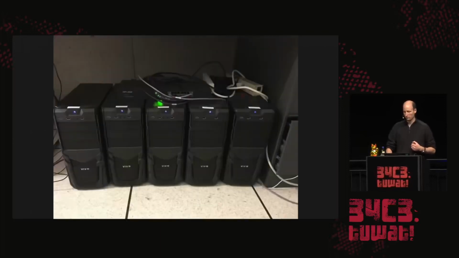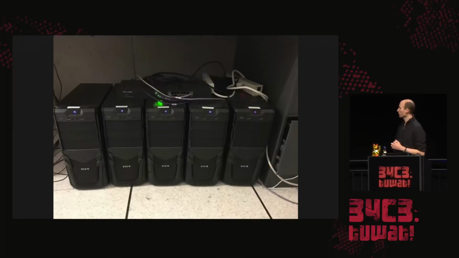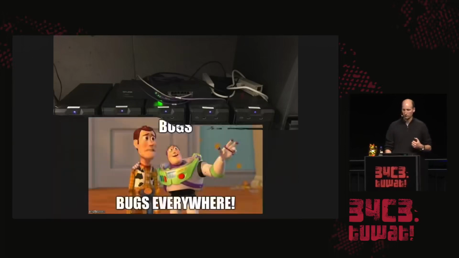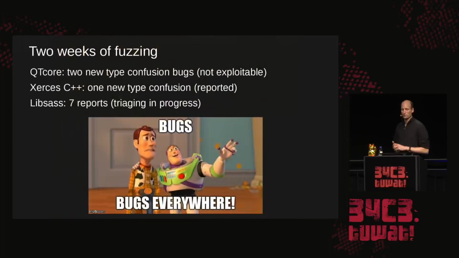So we spent some time fuzzing on our ghetto fuzzing cluster that we have under the desk of one of the students. So you see this is a very low power setting. We only have 5 machines that were running different pieces of software, but nevertheless, we found quite a couple of interesting cases.